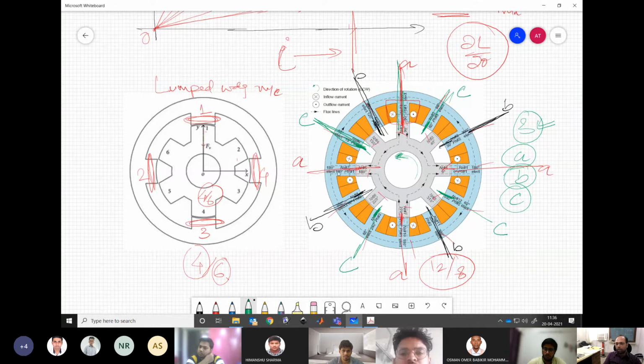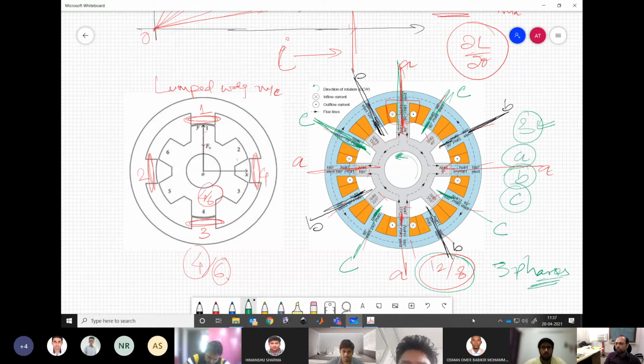So now you understand how the phases are defined or how the phases are decided for any SRM, depending on the relative position of the stator and the rotor. So all the poles which are having similar configuration can be clubbed together and given one phase name. Let's say A. So for a 12 by 8, for this particular machine, we have 3 phases. It's a 3-phase 12 by 8 machine.